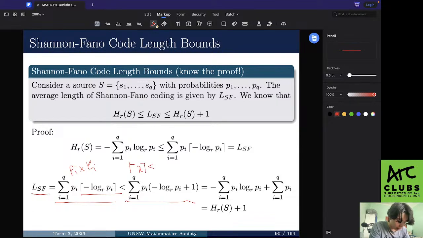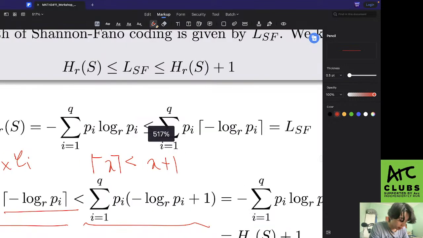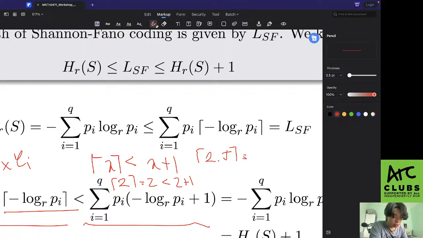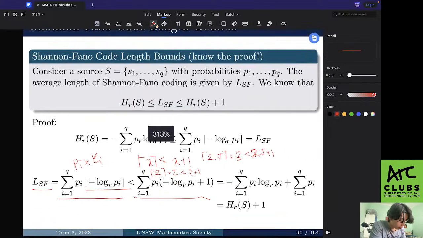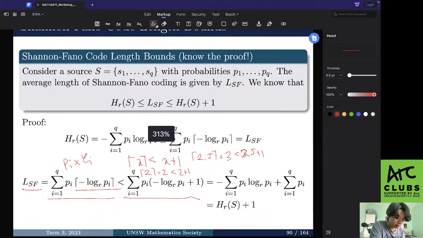anything which has been sealed is less than x plus 1, right? If it's a whole number, like 2, then the ceil of 2 is just 2, and 2 is less than 2 plus 1. But if it's a number in the middle, maybe something like 2.5, if we ceil it, then it just rounds up to the next number, which is going to be 3, but that rounding up is always less than 1, so we say that this is less than 2.5 plus 1. So we know that when we ceil something, it's always less than